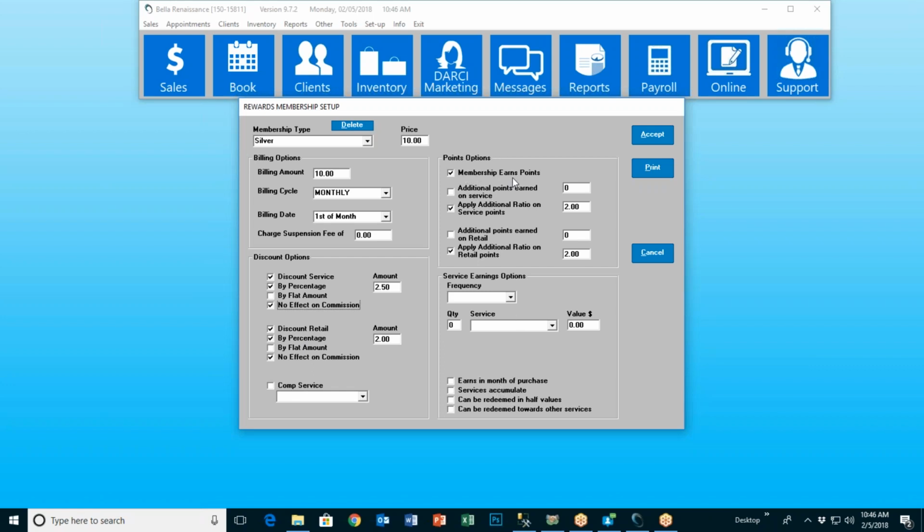However, it does allow you to earn points, and it allows you to earn points at a 2-to-1 ratio, which means you're going to earn points twice as fast as a bronze member. So a bronze member spends $100, gets 100 points, but a silver member spends $100, gets 200 points. So they're going to get their freebies and bigger discounts faster than a bronze member,